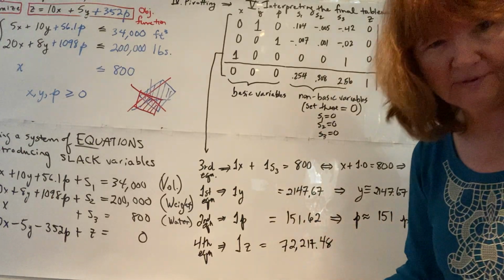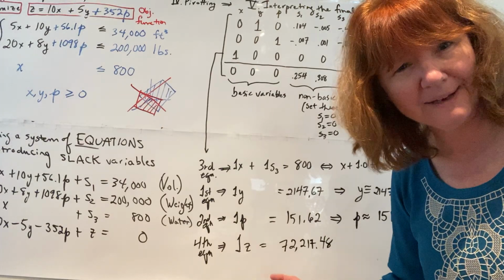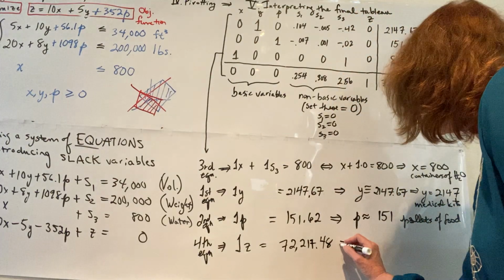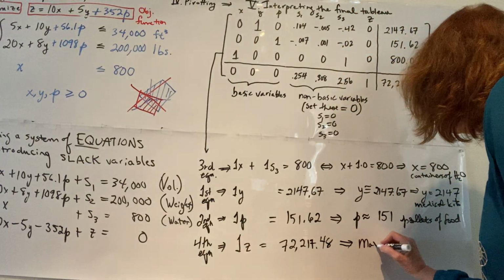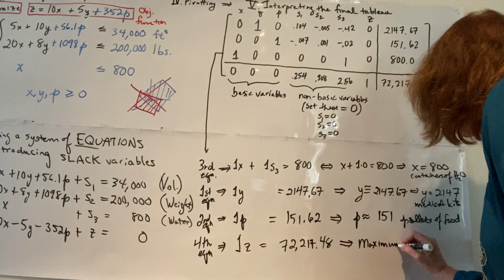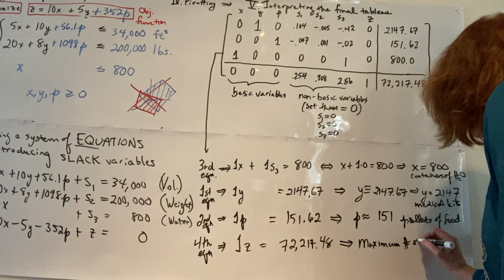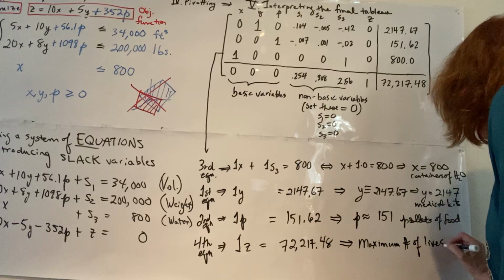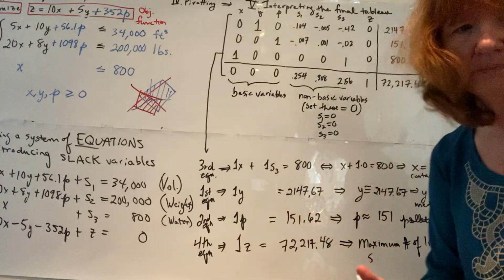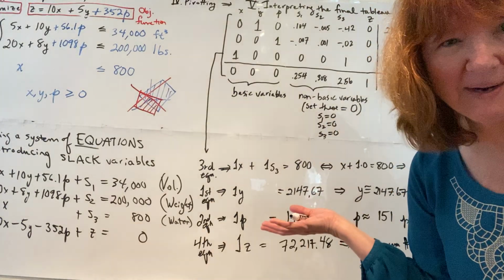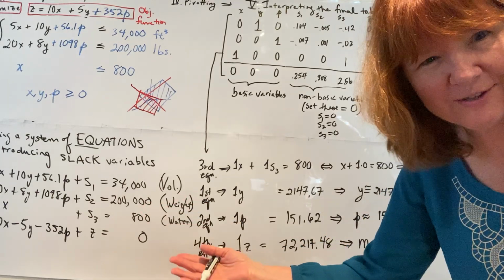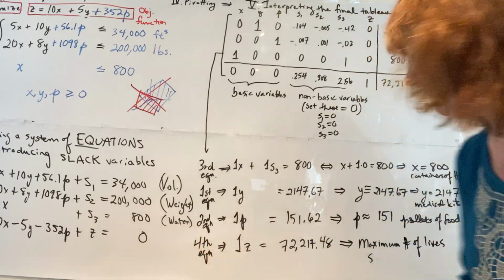Again, you can't have a fractional number of lives. So you would just say maximum number of lives potentially saved by all these goods, right? They have to get them off the plane and distributed to the people. Does that really happen? Anyway,